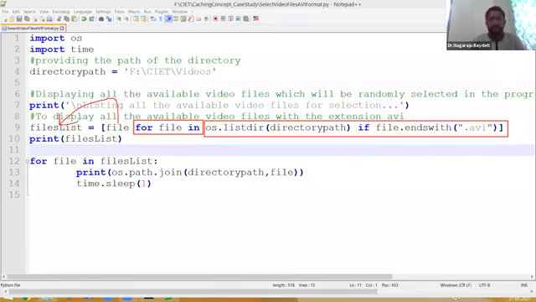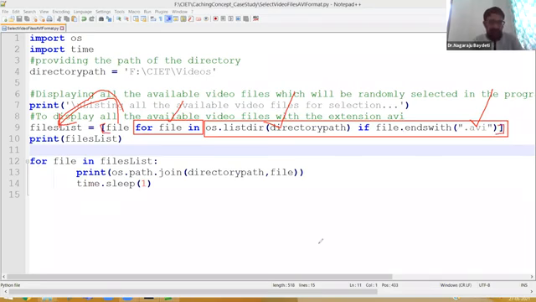That is what it says. For every file in this particular directory, in case it is ending with .avi, add it into the list of files. Basically, it is creating a files list.